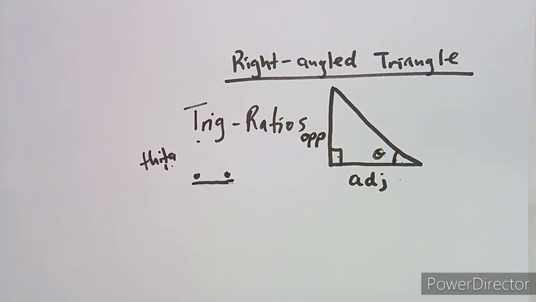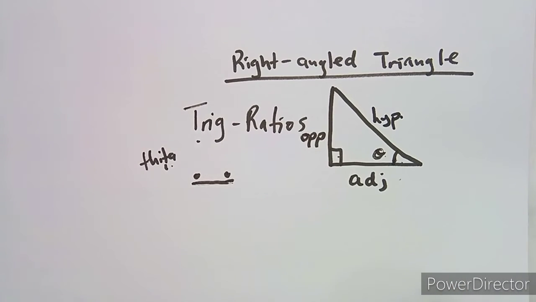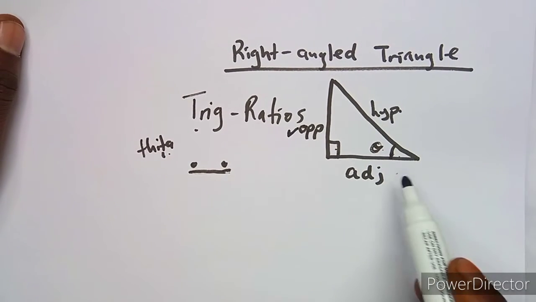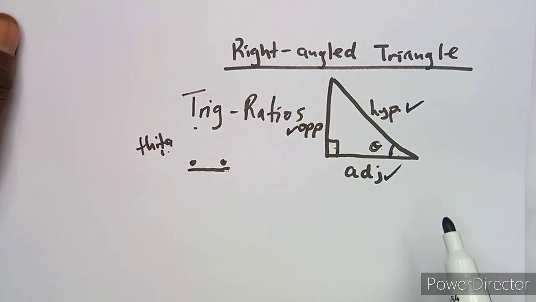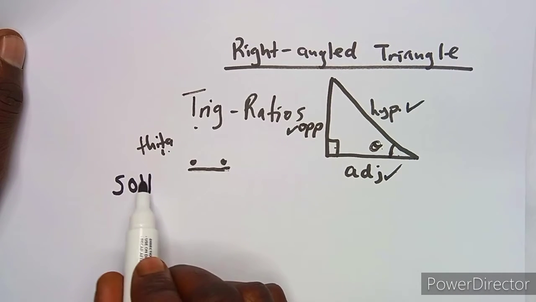All right, so now how am I going to connect these dots? We have the hypotenuse here, which is the longest side that we are going to have. The idea that we need here is to formulate the ratios from these sides: opposite, adjacent, and the hypotenuse. So you are going to be helped by the mnemonic SOH CAH TOA,